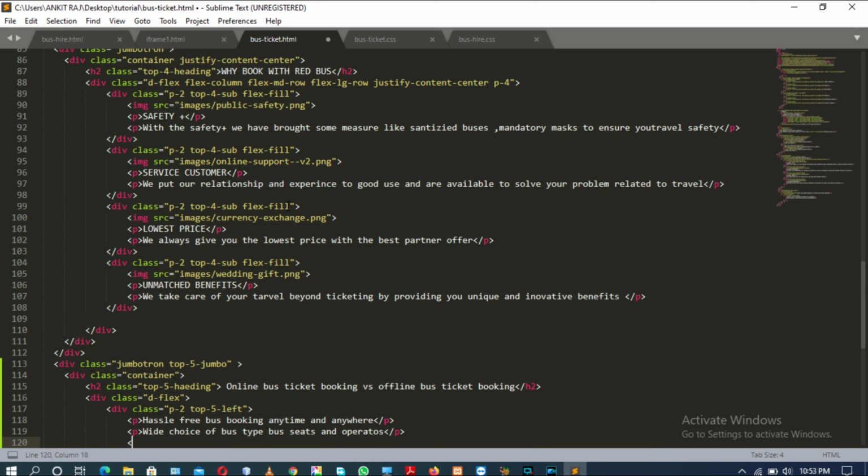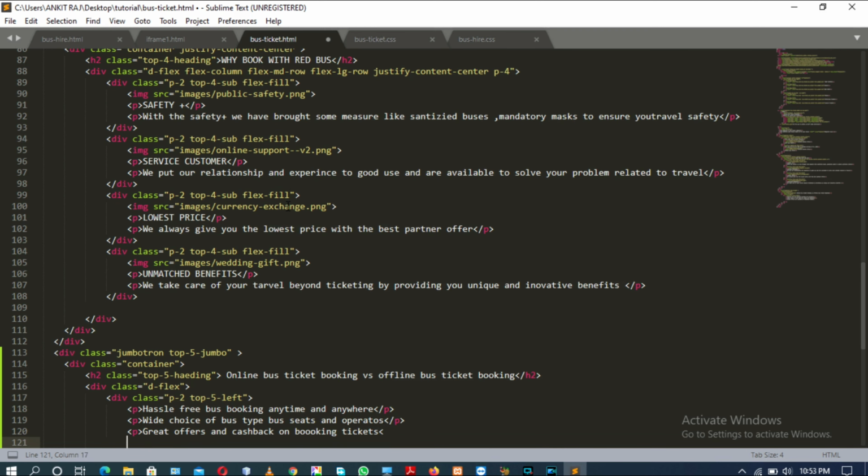The next p tag with the content great offers and cashback on booking tickets. Great offers and cashback on booking tickets. P tag closed.